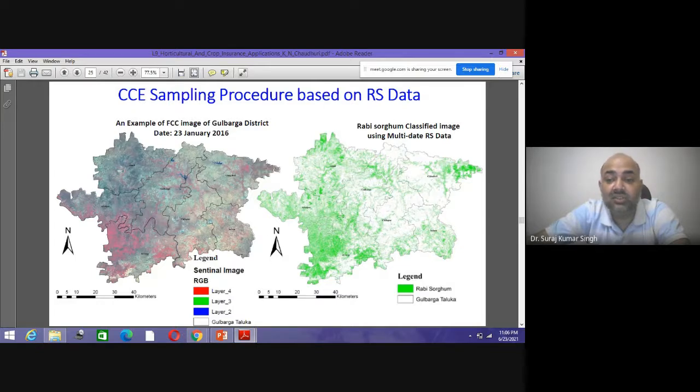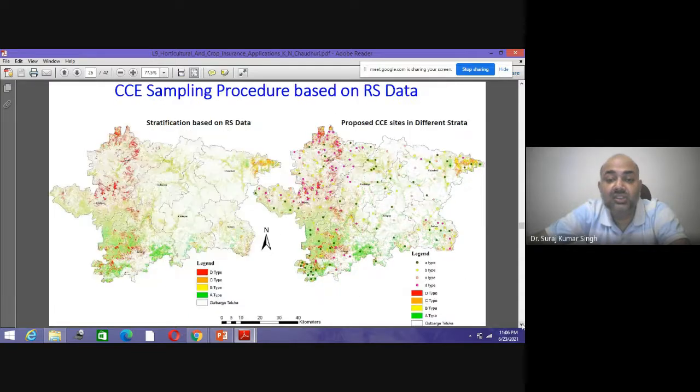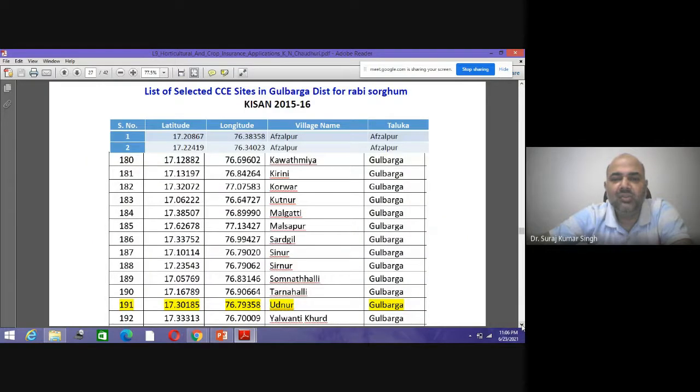This is the satellite image, and on the basis of that, we have classified the Rabi sorghum classified image using the multi-temporal data sets. And after that, stratification based on RS data was performed, where various kinds of A type, B type, C type, and D type were evaluated, and finally we proposed the CCE sites in different states. You can see the various point locations. So using the satellite image, any person who does not have a basic background of geography, geology, agriculture, after seeing the map, can understand what we are trying to say, and what kind of implementation and